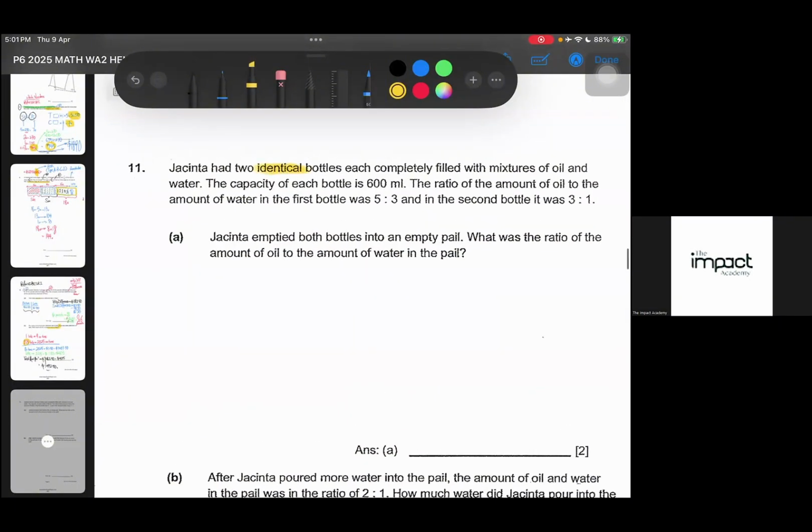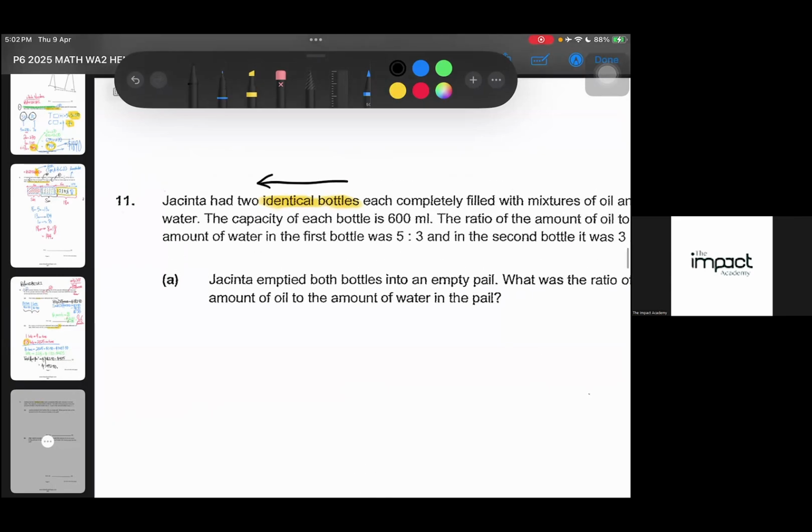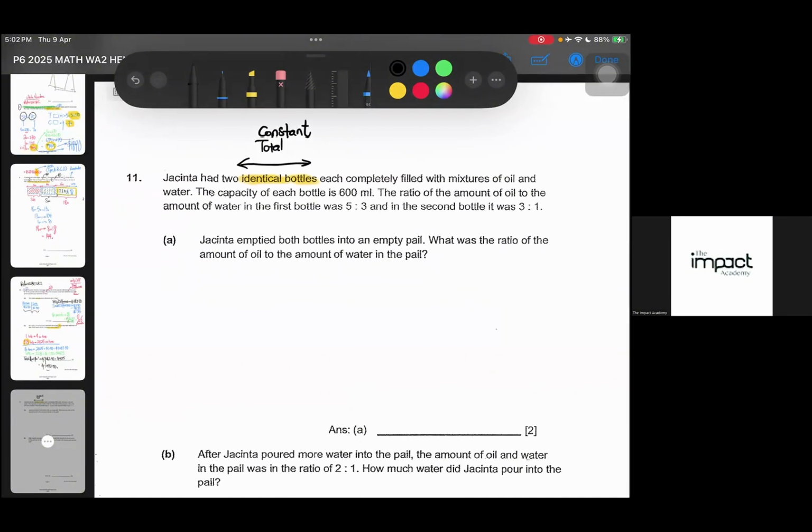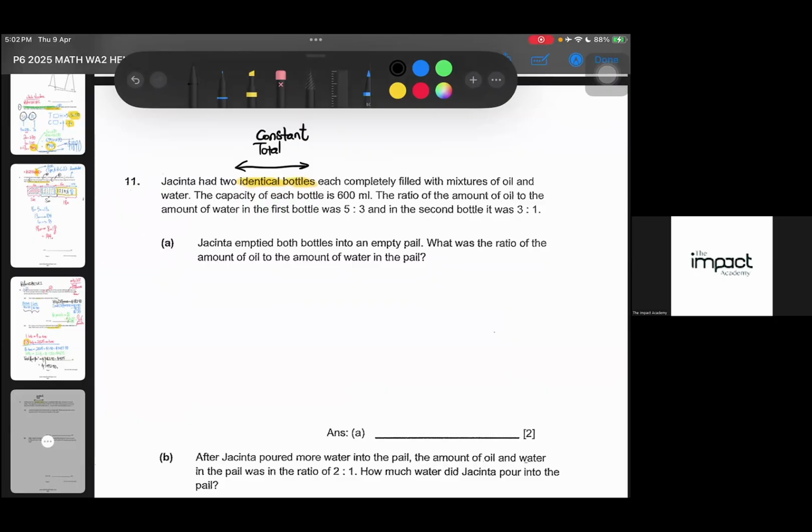So important when we say 2 identical bottles. When we have 2 identical bottles, it basically means that the total is what I call a constant. You agree or disagree? Because the bottles are the same. True? And the question went on to say that it is mixed with oil and water. The capacity of each bottle is 600 ml, and they gave us the ratio